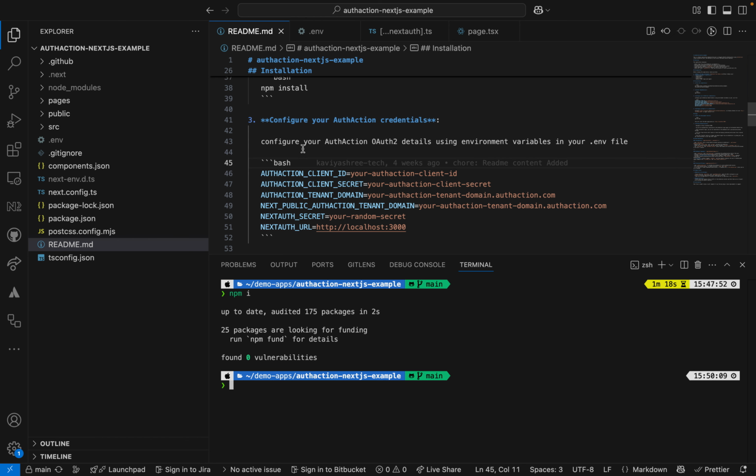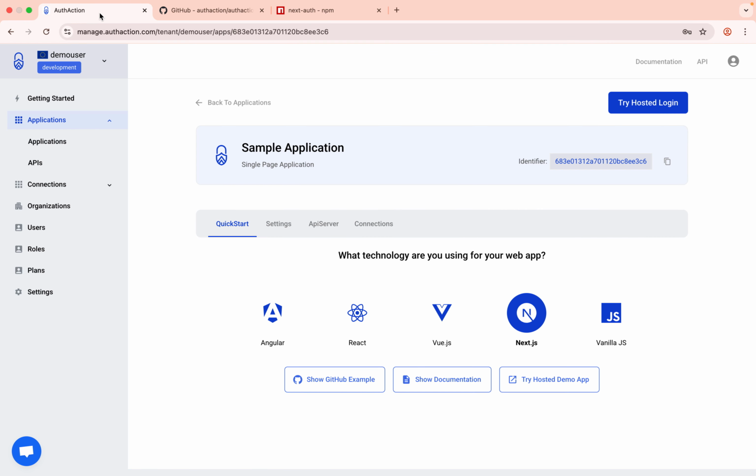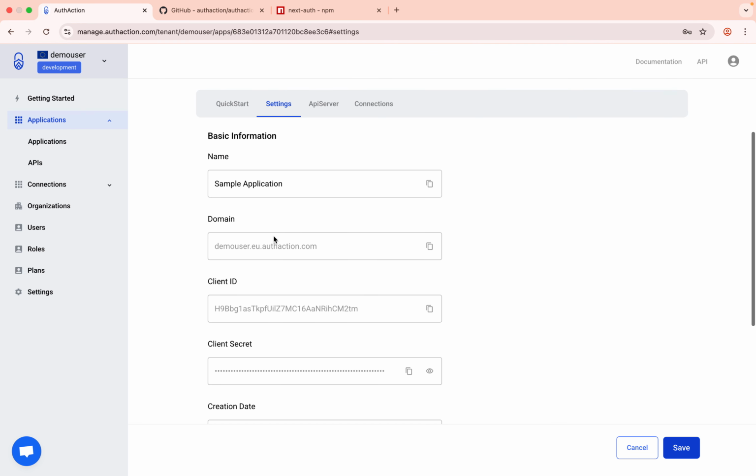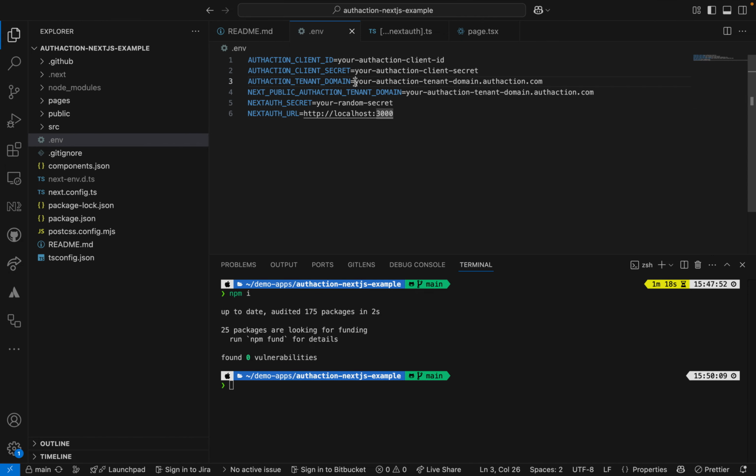So we need to configure the client ID, client secret, and tenant domain details in the environment file. If the environment file does not exist, you can create a .env file. Here I need to configure the AuthAction specific environment variables. So if I go to the AuthAction dashboard and then go to the application, I copy the domain name and then paste it in the